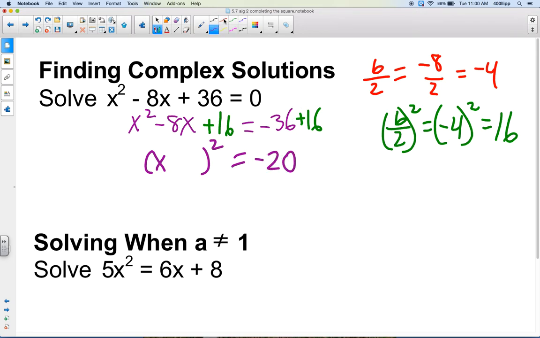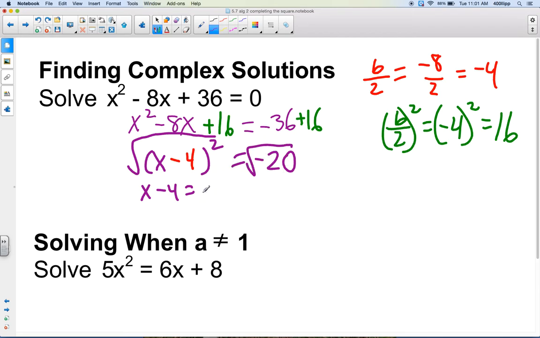And then we know that this b over 2 is going to help us with factoring it. So we have a negative 4 is what goes in here. Let's check that to make sure that we got it correct. Negative 4 times negative 4 is 16. And negative 4 plus negative 4 is negative 8. So it works out. Okay, now we're going to take the square root of both sides here. So square root and squared will cancel out. We get x minus 4 is equal to,